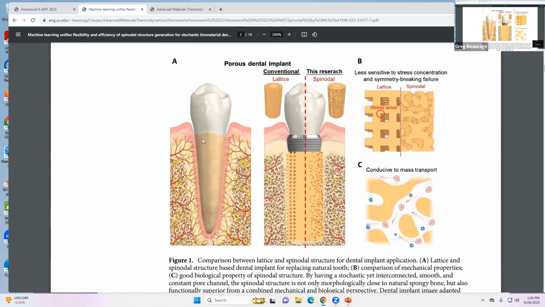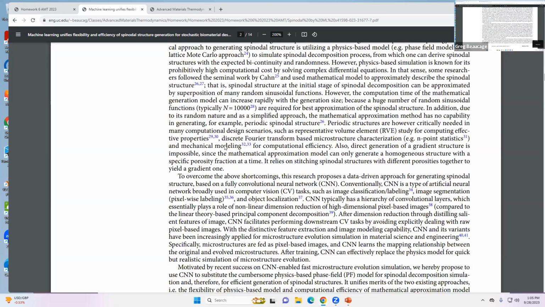And then the graphics, so they have a really nice graphics team. Somehow they can make these tooth implants, with the spinodal gradient structure that's going to match up with the bone that you implant the tooth in. And then you can also make,